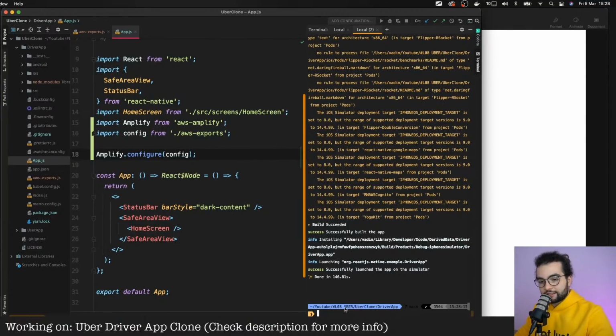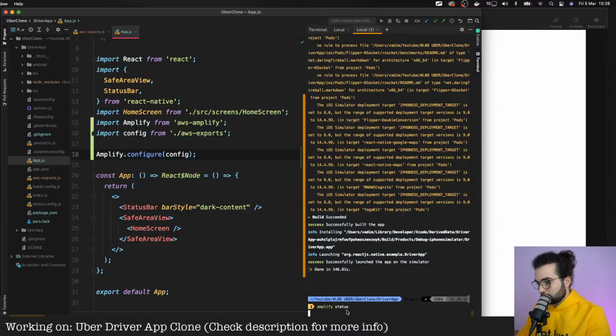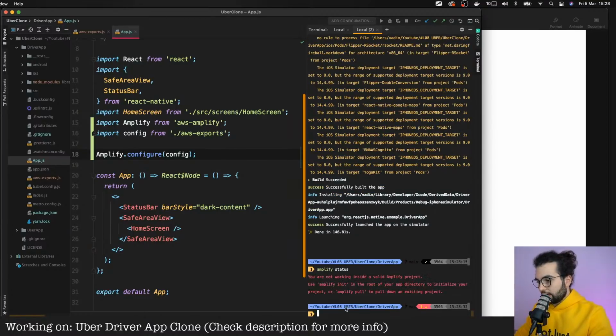But in our case, we already have our authentication. If I write amplify status, not sure if it's with status, we already have our authentication that we created for our user application. Yeah, it's not here. I think I have to call amplify status from the user side application. But the thing is that we already have this service added. It's there. We just need to use it.